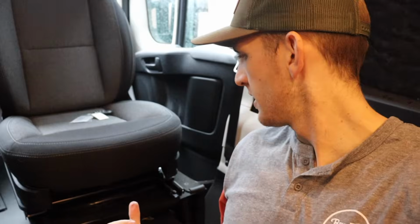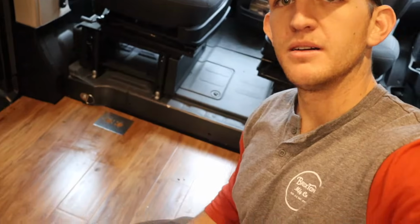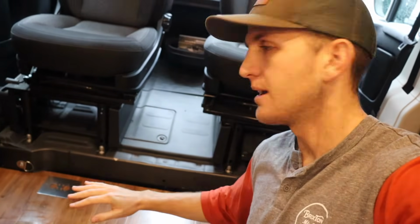So most people that I see putting in these Webasto heaters tend to put it underneath the passenger seat. So what I came up with, and I really don't see anybody else doing this, is I put it right on the floor underneath the driver's seat. Then I build a step that comes up and goes up to the front, covering that heater and also acting